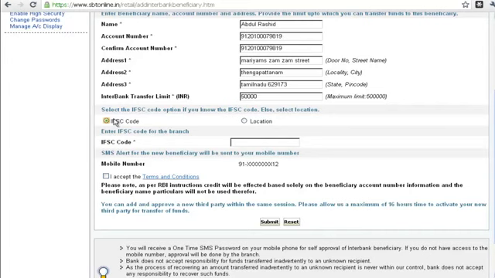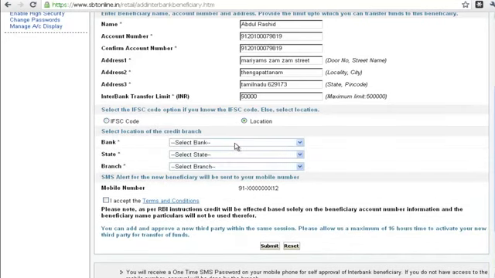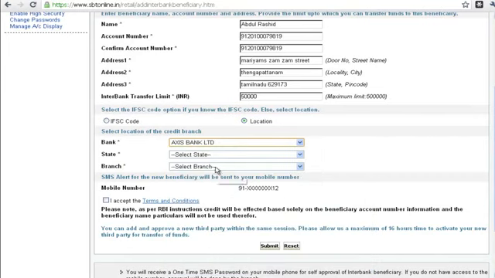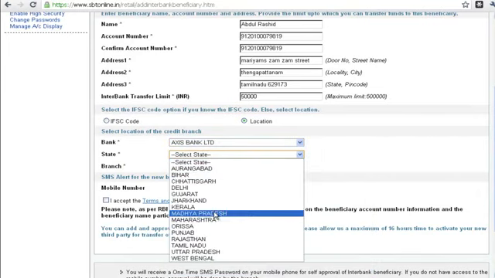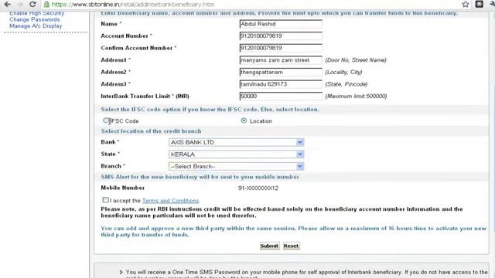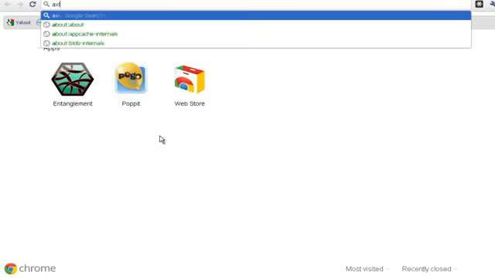In order to add any account to your profile, there are two options. One is entering the IFSC code, or the second is choosing the location. First of all, let's try with location. I'm choosing Axis Bank, then my state, then my branch. If my branch is not listed here, then I can go for the IFSC code.